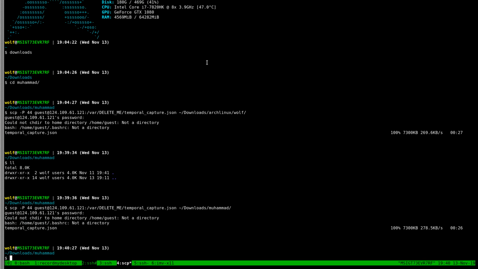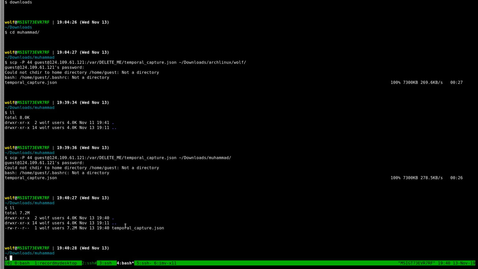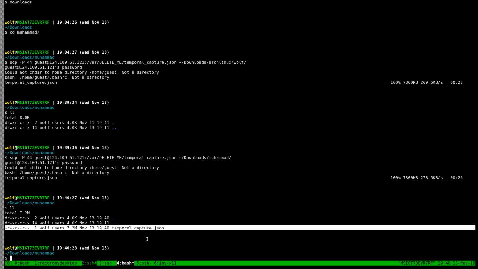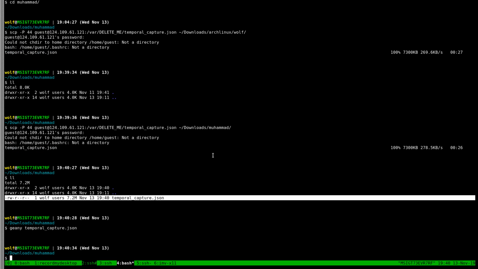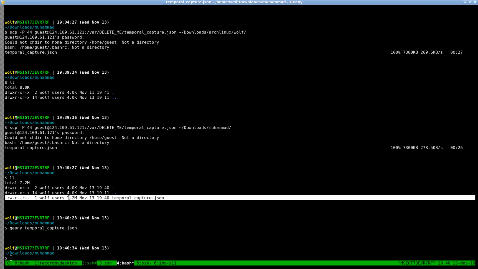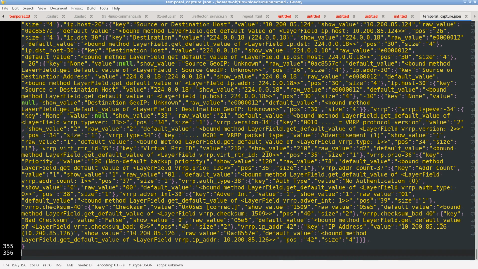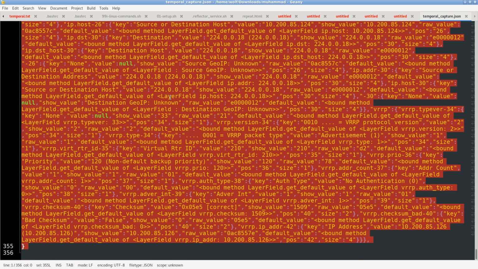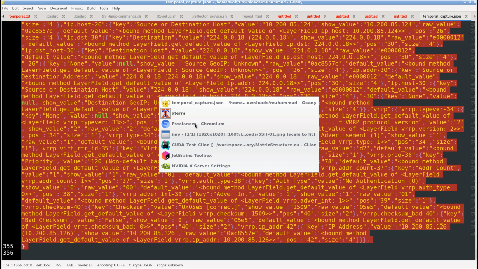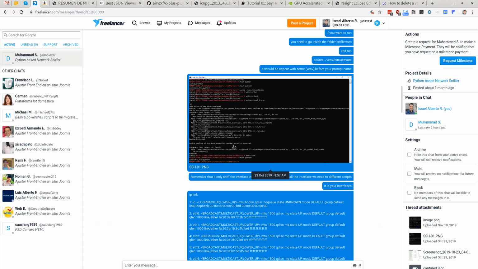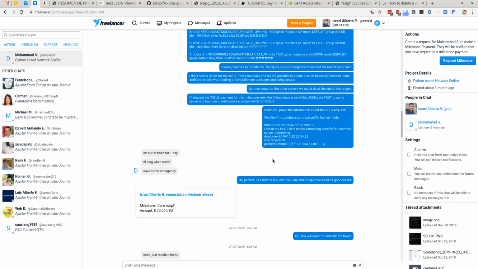Okay, if I list the files, I have the file here, and if I open, let's see, oh, it's 2 megabytes. Oh, well, it's not crashing. This is good. I have some little problem. No, it's good. Yes, it should be good here. Okay, if I copy all of this and I go to the web page that I suggest here,